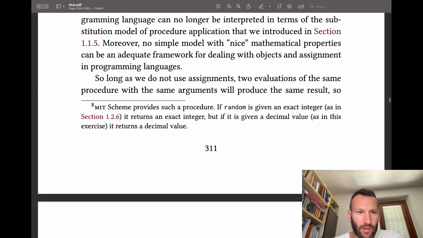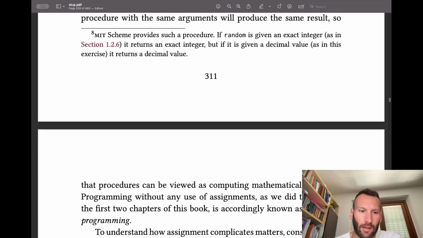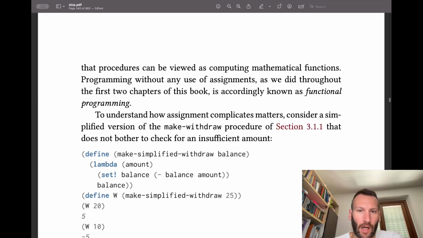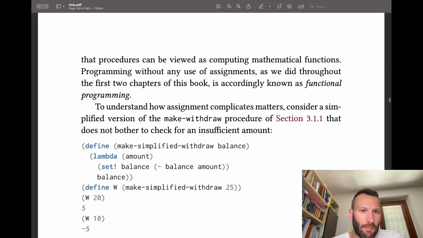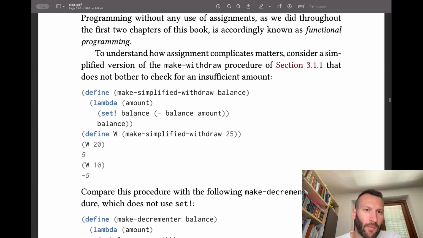So long as we do not use assignments, two evaluations of the same procedure with the same arguments will produce the same result, so that procedures can be viewed as computing mathematical functions. Programming without any use of assignments, as we did throughout the first two chapters of this book, is accordingly known as functional programming. To understand how assignment complicates matters, consider a simplified version of the make-withdraw procedure of section 3.1.1